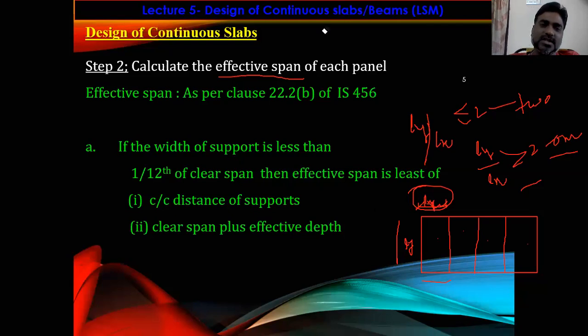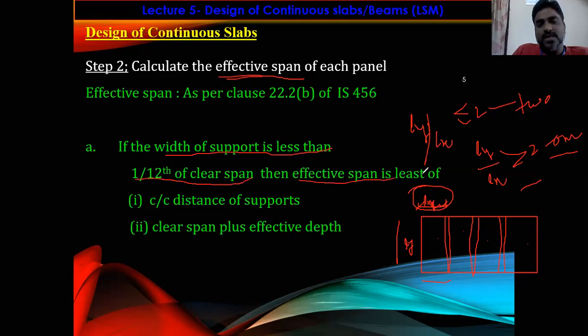And here, one thing is that the determination of the effective span depends upon the thickness of the support. So suppose the slab is supported on some intermediate supports, right? So the calculation of effective span depends upon the thickness of the support, right? If the thickness of the support, that means the width of the support, is less than 1/12 of the clear span,